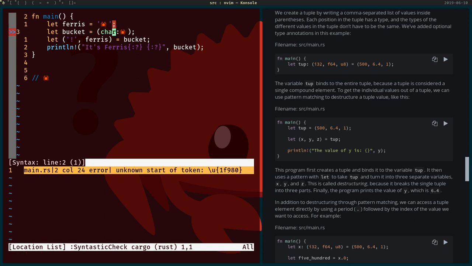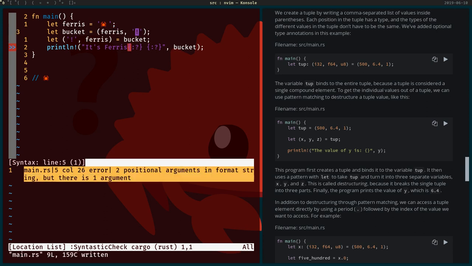Okay, now we're letting bucket equal Ferris. And then the second thing can actually be the value. So I don't have to name it a variable. I wonder if this is even going to work, putting a variable inside there. And it seems like I just did it, so I should know if it works. Yeah, and then we'll say that. Okay. Okay, so now, instead of bucket here, we will say